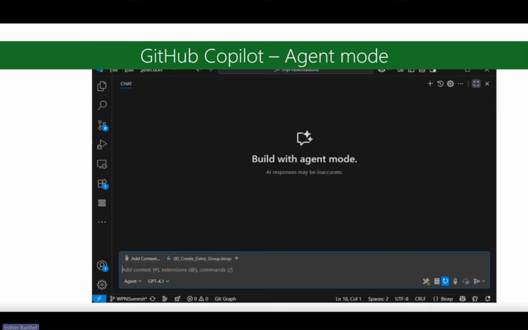One of the things that I wanted to make you aware of is that there's this super cool agent mode available now within GitHub Copilot that allows you to really have a sparring partner, or a peer review of the code that you're creating. At least you now not only have your coworkers to ask for a review, but you can also use GitHub Copilot in that agent mode to help you build some awesome code.